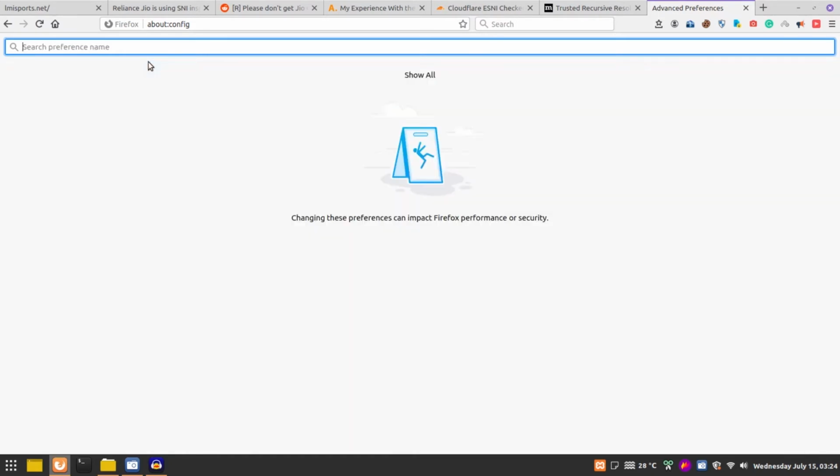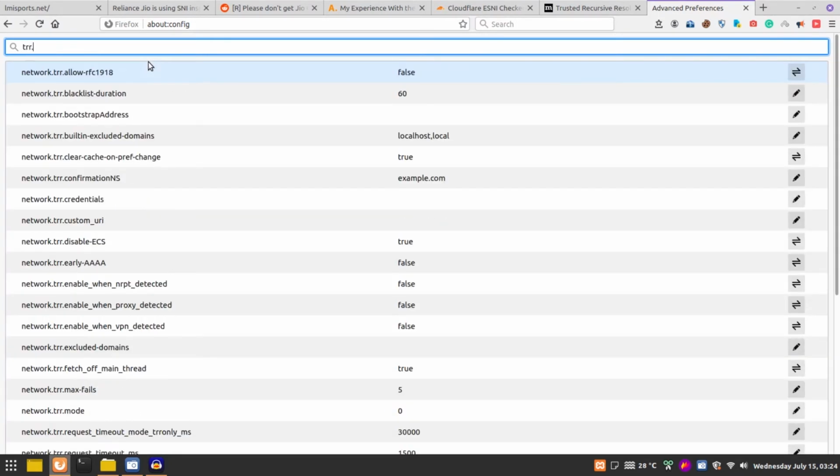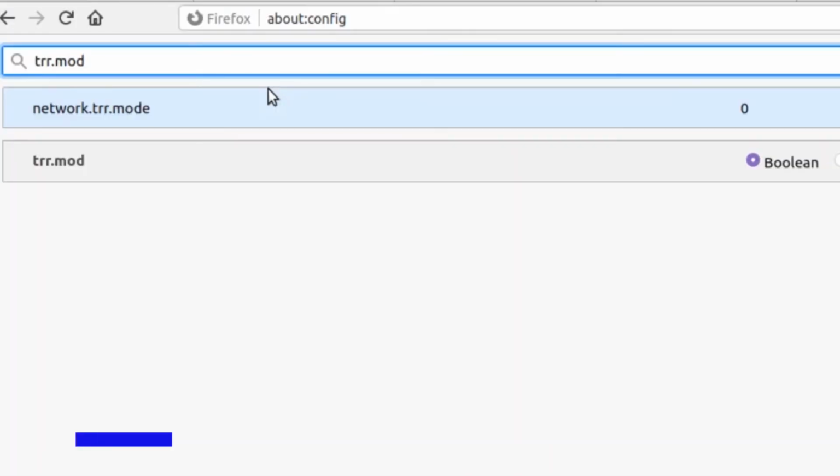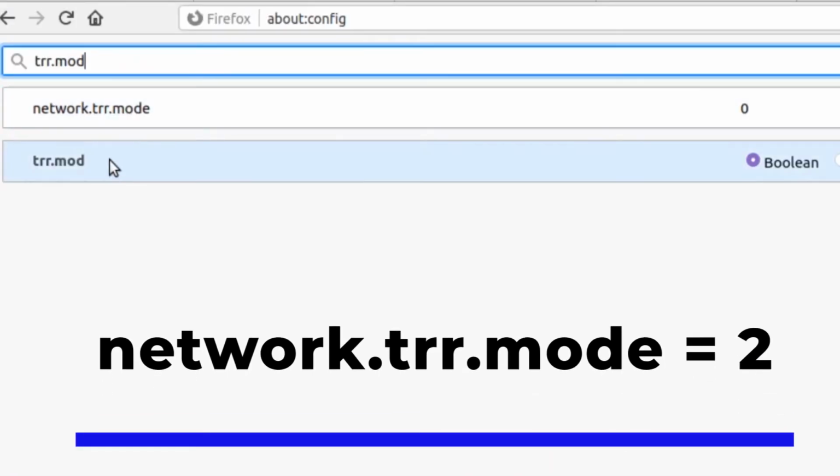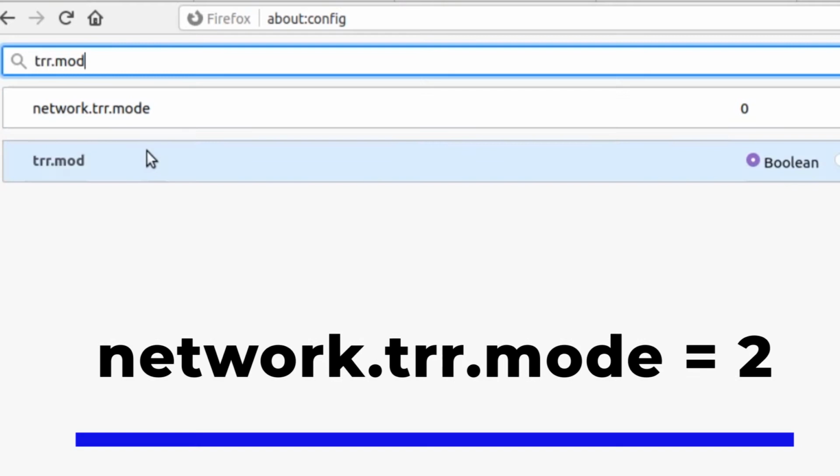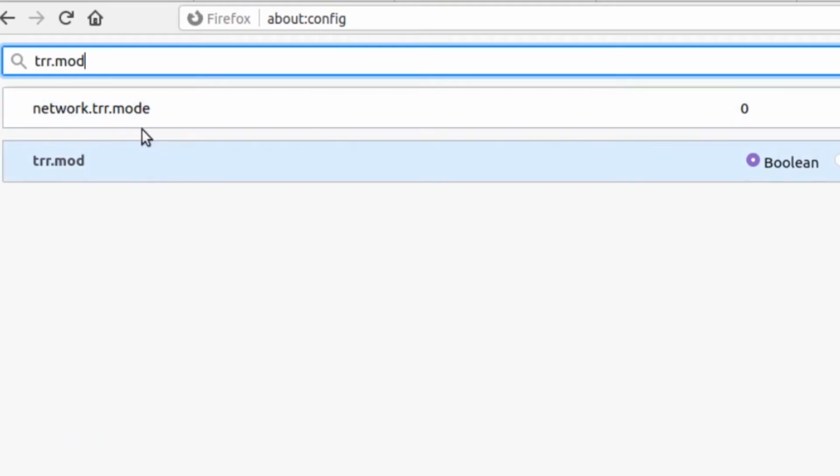So search for network.trr.mode or trr.mode, anything, then something will come here like this. The value will be set to 0. You have to change this value, and now I'm saying the flag value. 0 means anything default, 1 means it will be inverse, 2 means all the website which is HTTPS and Cloudflare